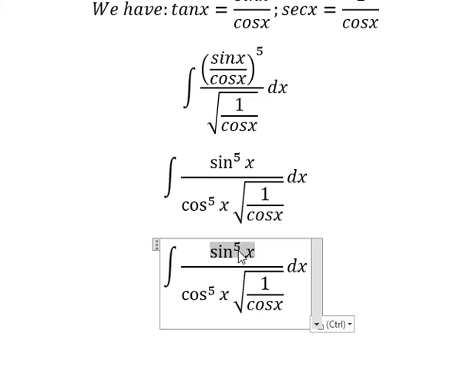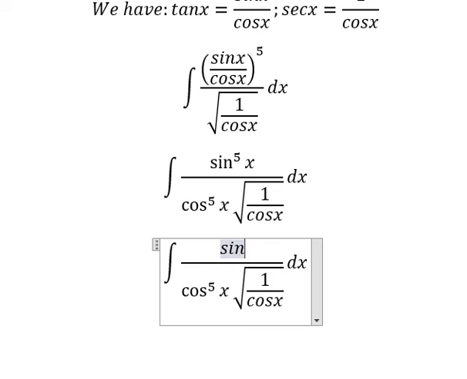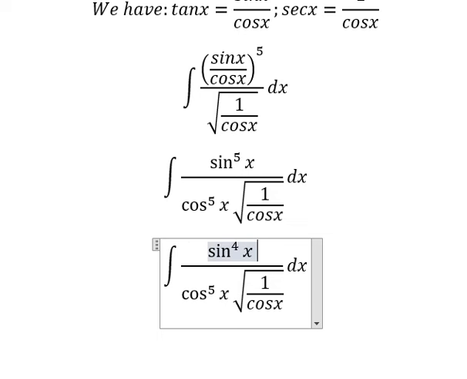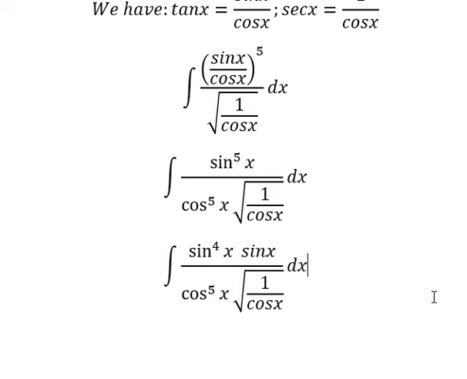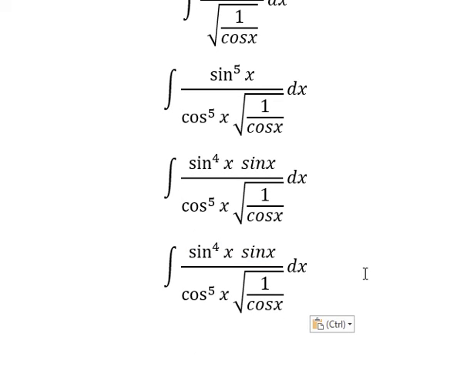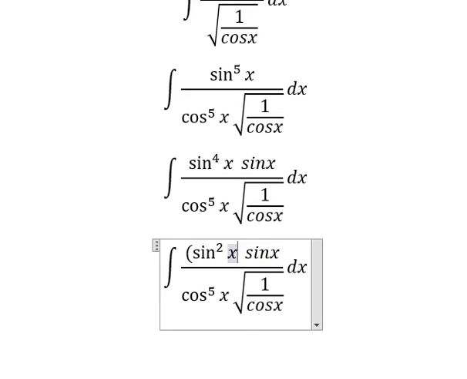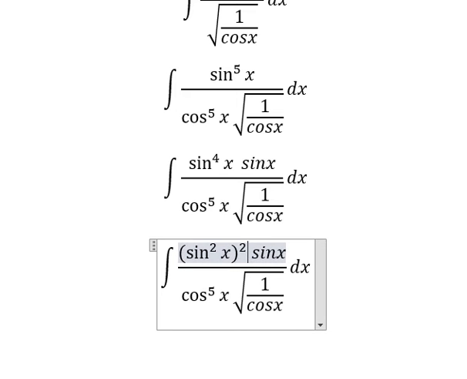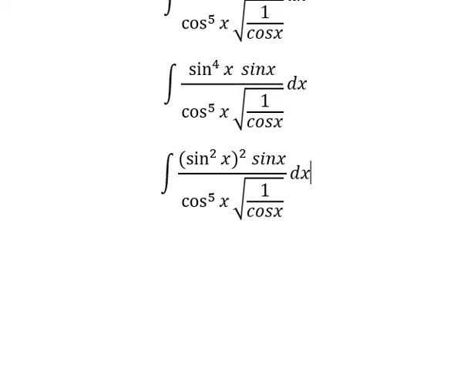Next, about sin s to the power of 5, we can separate them into sin s to the power of 4 multiplied by sin s. Next, sin s to the power of 4 we can write as sin s square, everything to the power of 2. And now we have